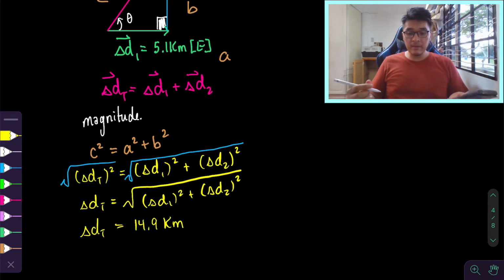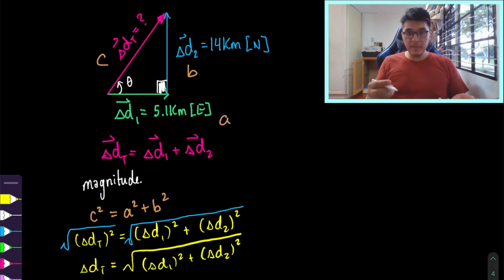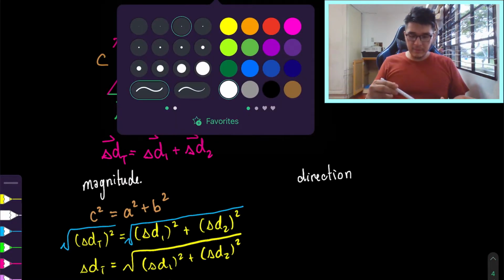So that's the magnitude. But because displacement is a vector quantity, we also have to find the direction. And to find the direction, we want to find the angle theta, and we're going to take advantage that we have a right angle triangle. So in this case, we're going to be using SOHCAHTOA. You could use any of them, but maybe it's best